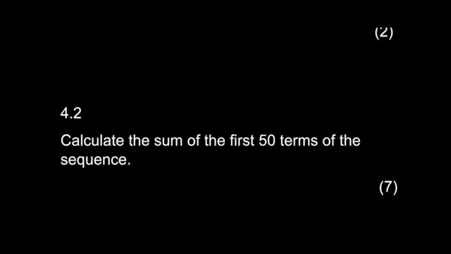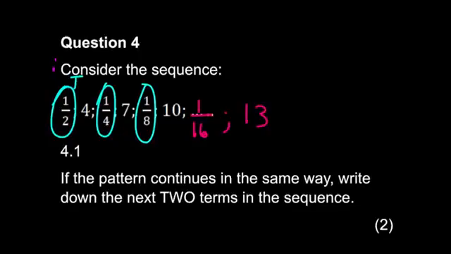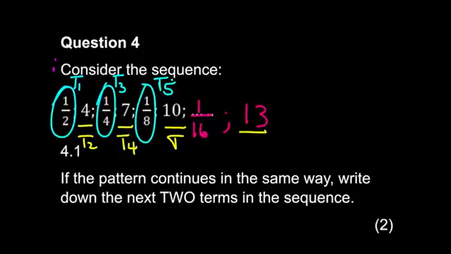And then if you wanted to calculate the sum of the first 50 terms, that's very interesting because the sequence is made up of 2. So it's got the blue sequence made up of T1, T3, T5, and then it's made up of the yellow sequence, 4, 7, 10, 13. So it would be T2, T4, and T6. So the 50th term would land on the arithmetic sequence, and the 49th term would be the